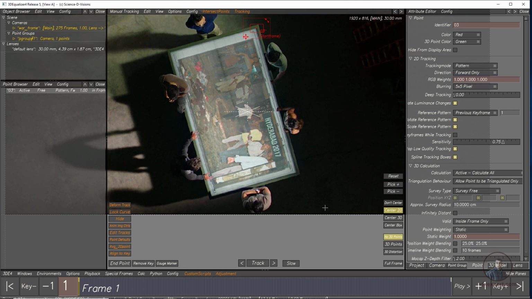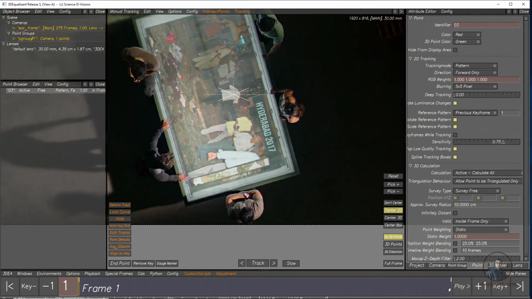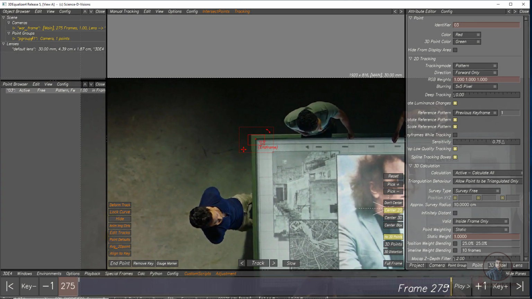Now I am going to go to our last frame, because in some cases, if you are not getting proper points at frame 1, then maybe you can track in between frames. You can even track from the last frame. So for this point I am going to go to the last frame. Now see, I have placed our CTI at the last frame.